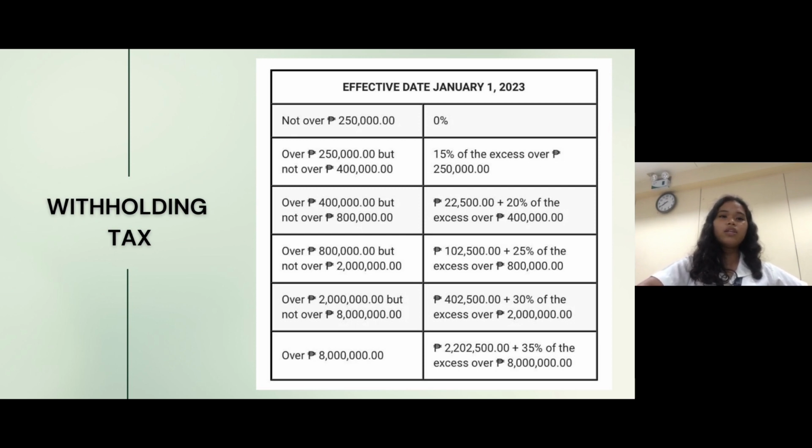If an employee's yearly salary totaled over 800,000 but not over 2 million, the employee is obligated to pay 102,500 fixed amount plus 25% of the excess over 800,000. For example, an employee's salary totaled 900,000. Therefore, the employee is obligated to pay